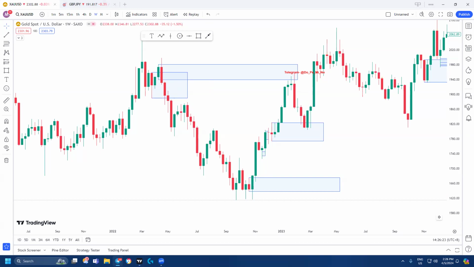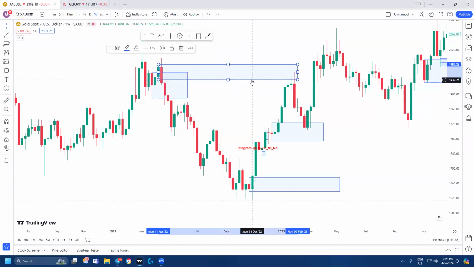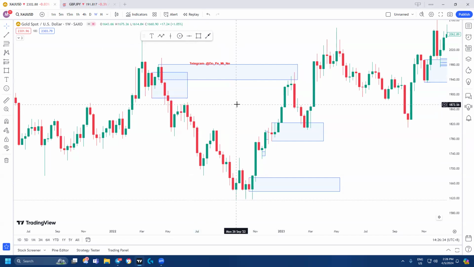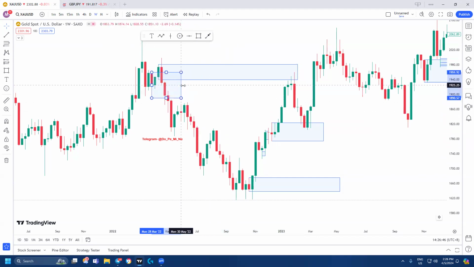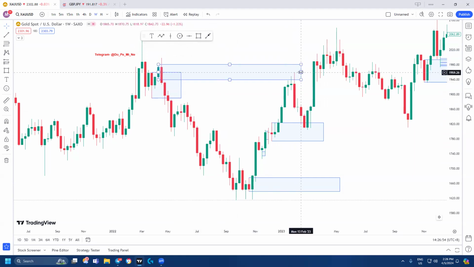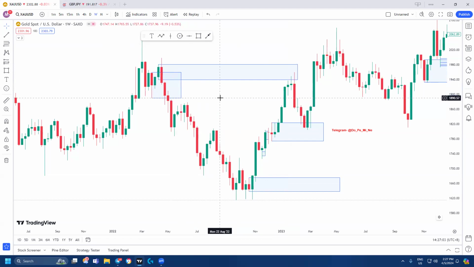So we have three confirmations: EF to EG, EG to EF, EG to EG. Normally I will use EF to EG, like this kind of thing. This is EF and EG. But you need not feel confused, because if we don't have engulfing fail, we just have engulfing zone, so you can take engulfing zone only. Later I will show you. This EF and EG is just a strong confirmation for me. I'm using it.